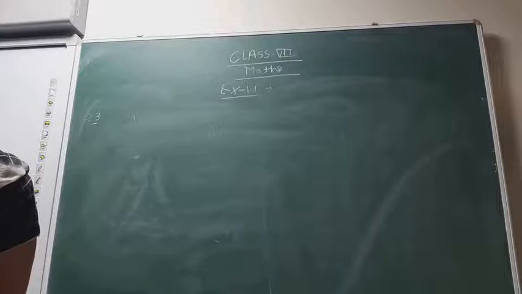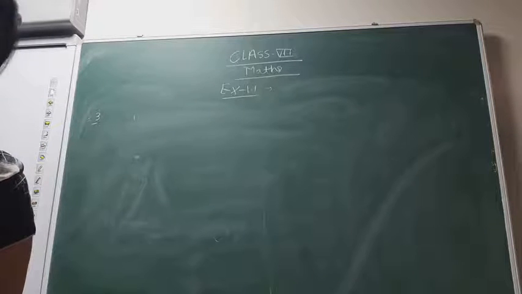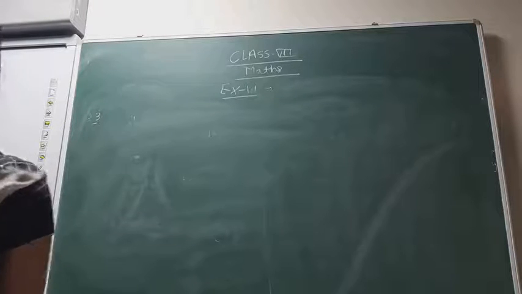On the next line they said on Wednesday it rose by 4 degrees Celsius. On Wednesday it increased by 4 degrees Celsius. So we have to tell what the temperature was on this day. Okay. Monday, Tuesday, Wednesday. They are telling about 3 days' temperature. Start with one day. So let us start.